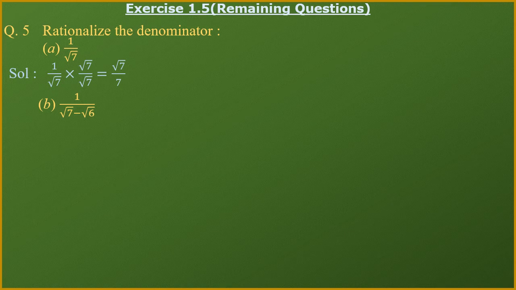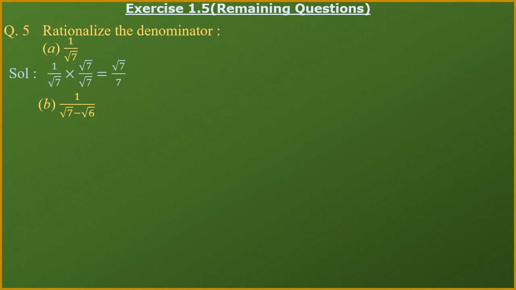So here we have seen how to rationalize the denominator if only a single term is given. As you can see in part B, the difference of two irrational numbers is given in the denominator. However, the numerator is becoming irrational. That is a different case. Our task was to convert the denominator into a rational number, and that we have executed. Similarly, we can see the second question over here.